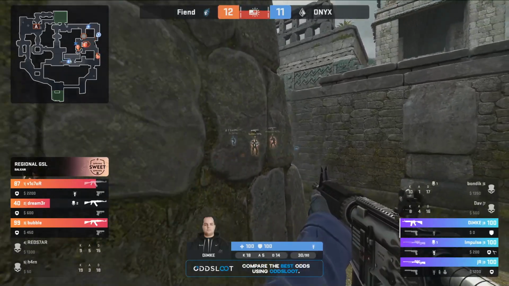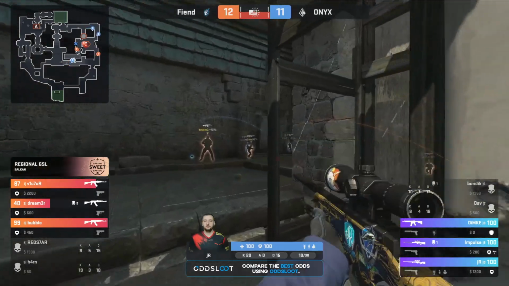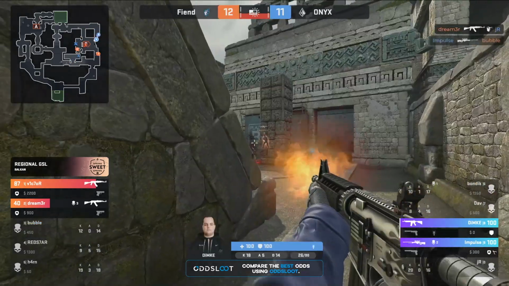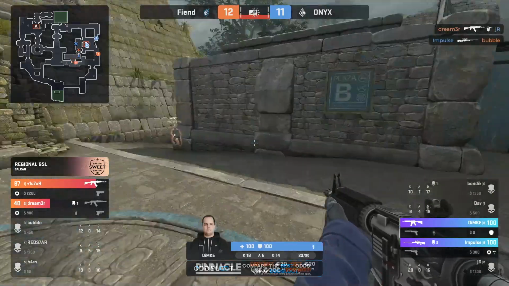Three versus three. ONYX going to have a go at this retake. They're going to play it towards short, to play it towards long. JR making his way up second middle as well. The scoping would have been heard there by Dreamer. There is a kit for Impulse to work with, but players